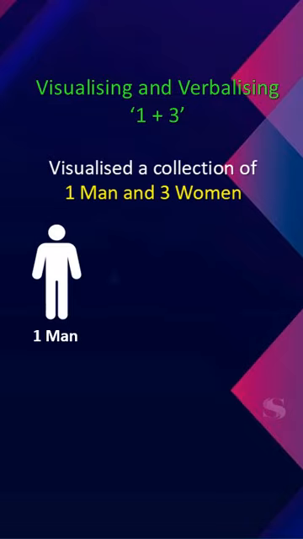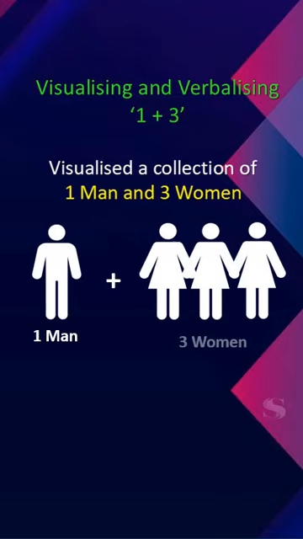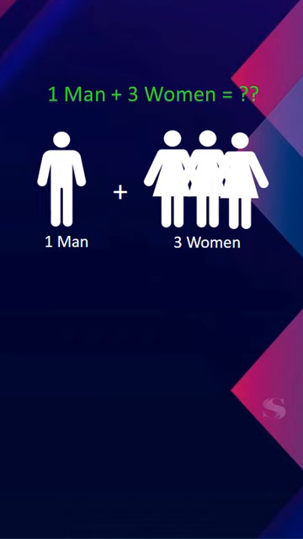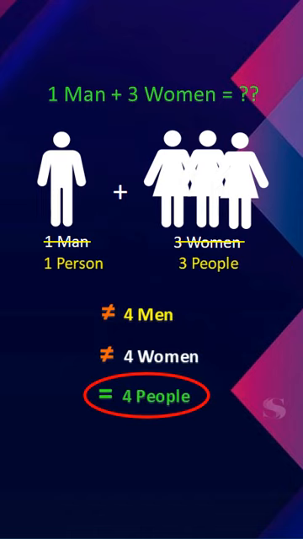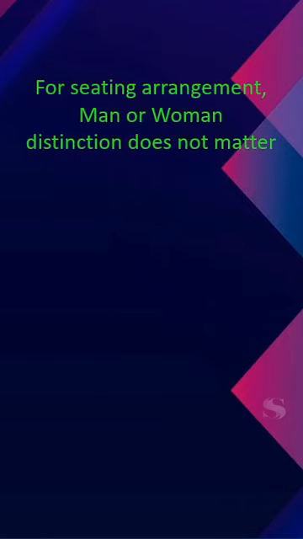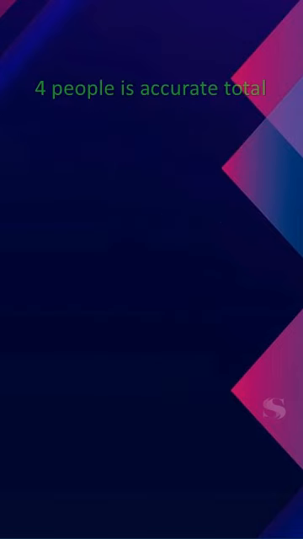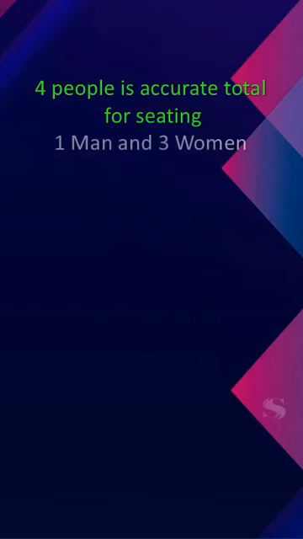As another example of adding unlike things, let us see what may be 1 man plus 3 women. 1 man plus 3 women can be read as 4 people. The common identity, people, does not go by the gender. 4 people as the total of adult men and women is okay if the totaling was done for the sake of planning seating arrangements at a function. Each man or woman needs the same kind of 1 seat.